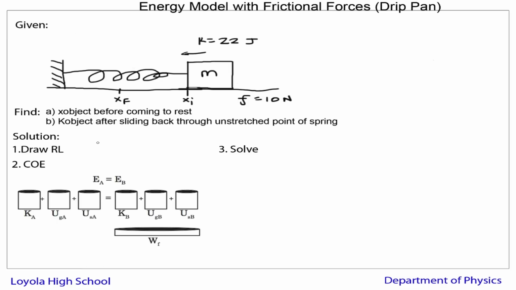So step one, draw a reference line. There's no elevation change here. It's all on a flat surface, as opposed to an incline. So I'm going to denote this surface right here the reference line. Right there, that's RL. Step two, conservation of energy. So for part A, let's take a look at the energies involved. And I'll call this point here, point A, and I'll call this point B here, the initial and the final